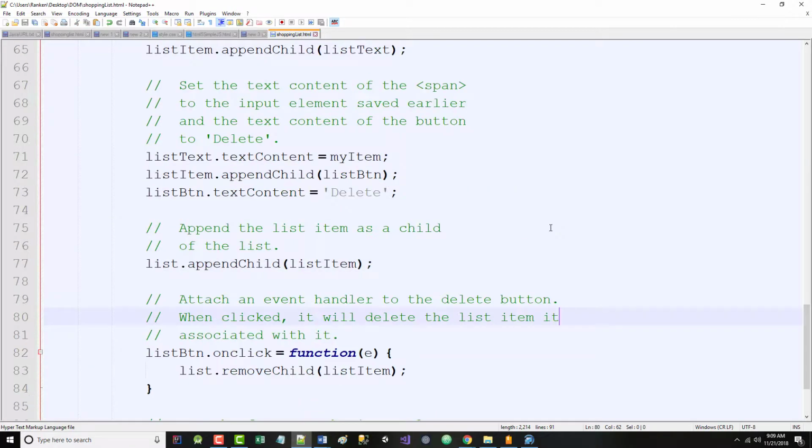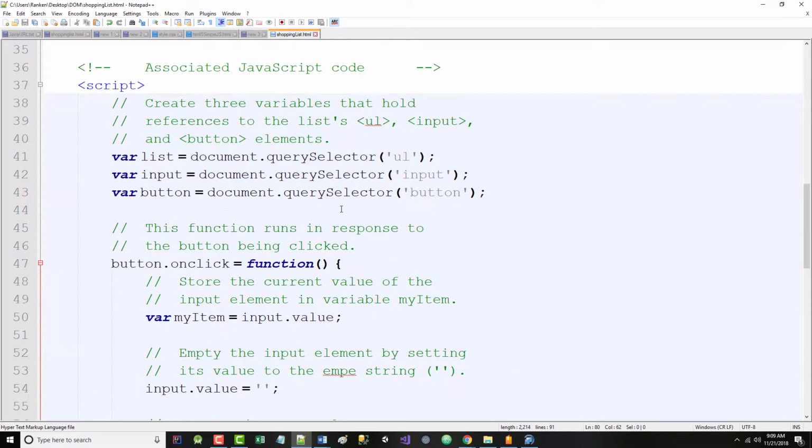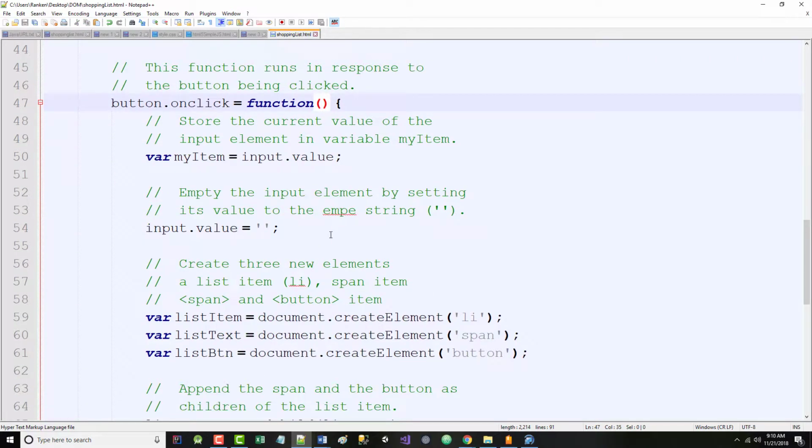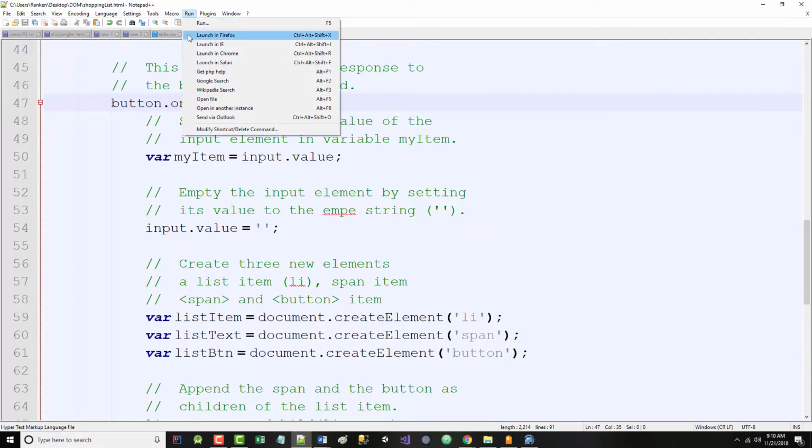So as you can see, what happens in this particular example, because again, I tried to put in comments, this should make sense right here. This right here is literally creating a variable, as it says, that's going to hold an unordered list, that's going to hold input elements, that's going to hold button elements. Fine. Hopefully by now you got a little flavor of this when we went over a couple examples. But this button dot onclick thing says when you click the button, this is what we want to have happen. You may or may not have even run this, but if you look at it,